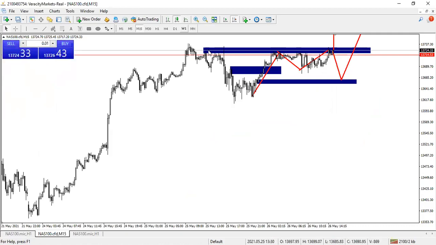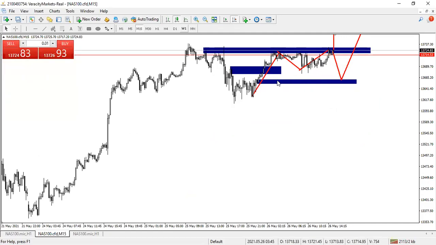If only this zone was not touched like this, we're going to take a sell up until here. But because this zone is no longer fresh, it's not safe for us to sell at this zone. We can see that it's already in the zone which we marked, but then it is no longer fresh. We don't take it. So this one is not yet touched.